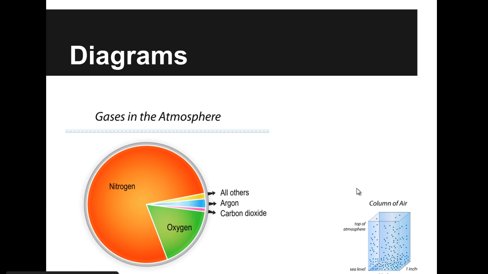In this diagram here, we've got a column of air. It talked about how the density and the pressure decrease as you go up in the atmosphere. So here it says sea level, and this is the top of the atmosphere. So if we could take an imaginary area here, an imaginary square, if we were to measure the amount of air down here at sea